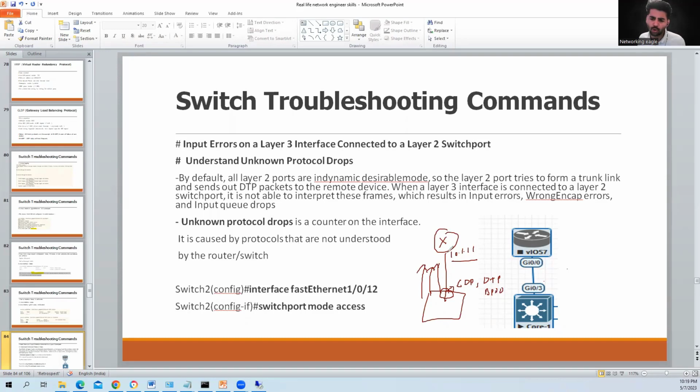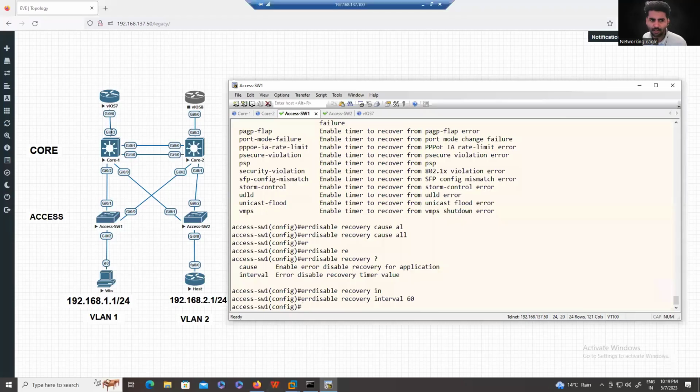Any protocol which the router doesn't understand, like DTP, will show up as a protocol drop or maybe an input error, okay? This counter is increasing on this interface because we are not blocking these protocols at the switch level. So generally, if we are simply configuring one VLAN on the router, and on the